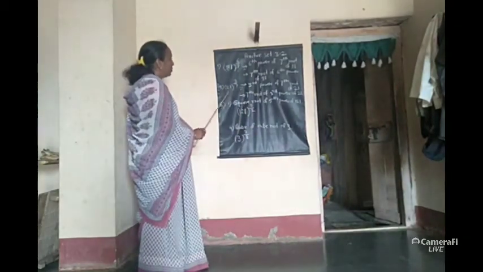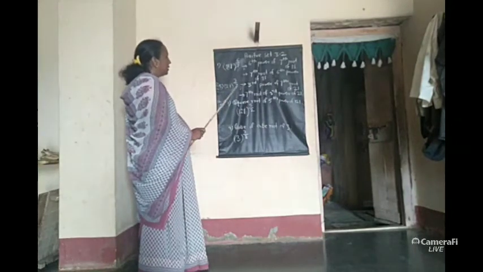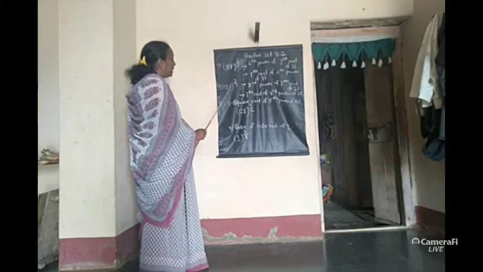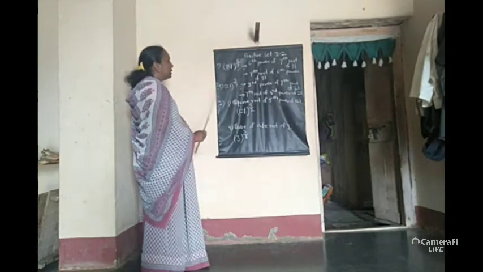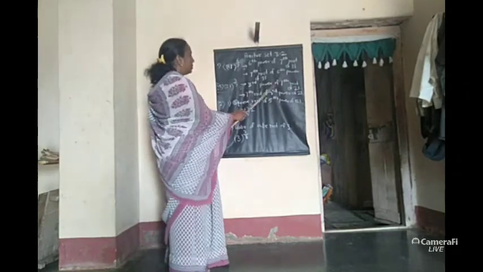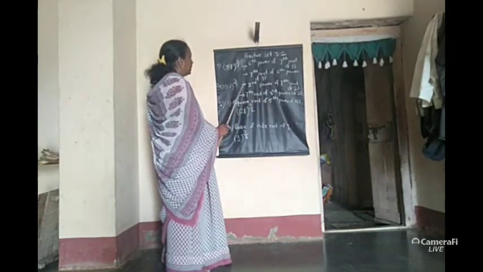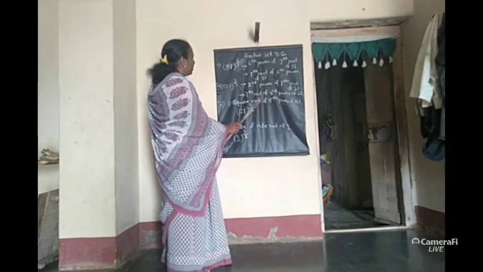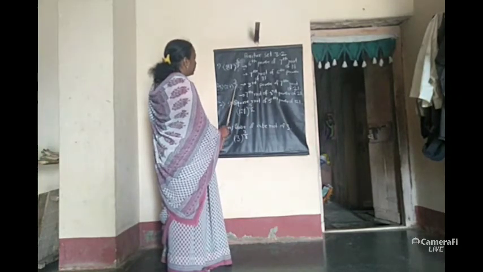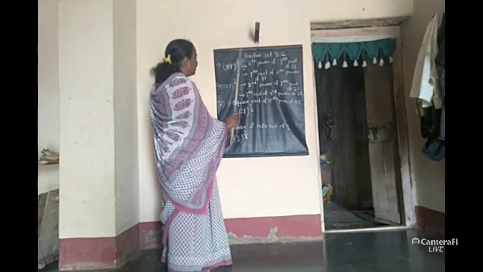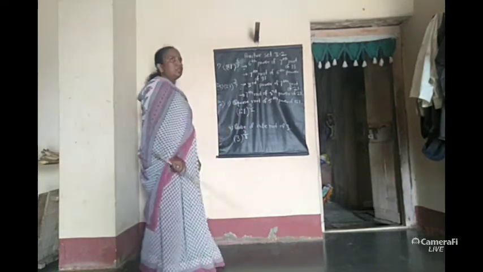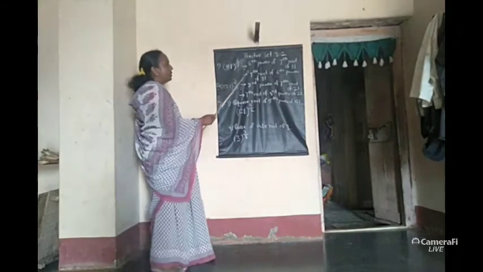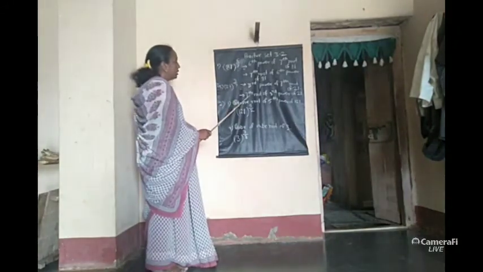Now see the fifth example of question number 1. Here the number in the bracket is 21 and the index number is 3 upon 7. We can read it in the power of the root form. We can read it as third power of 7th root of 21. And in root of the power form, we can read it as 7th root of third power of 21. In this way, you can solve question number 1 from practice set 3.2. You have to complete it in your notebook.